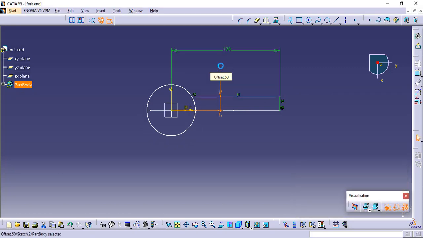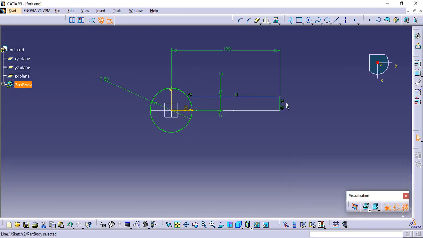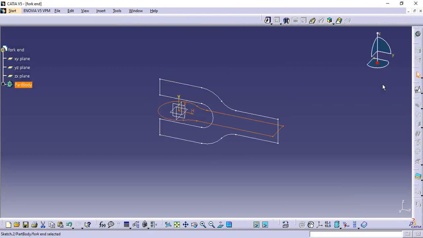Make it 15, and the diameter is 50. Okay, just mirror this profile about the horizontal axis. Trim this portion, select the corner points, fillet, the radius is 25, enter. Okay, the sketch is fully constrained and closed, exit.